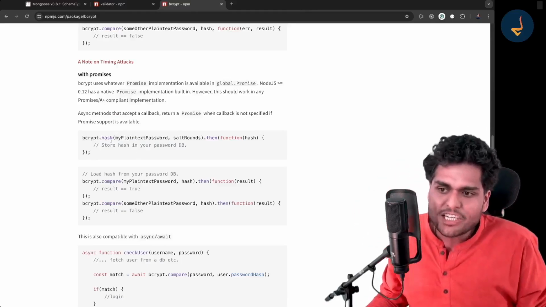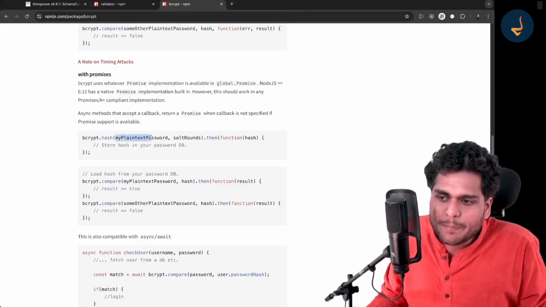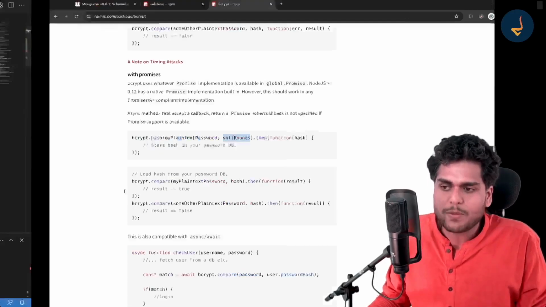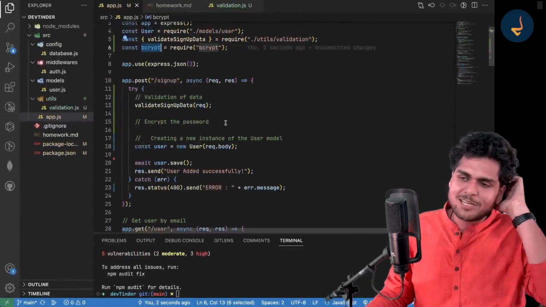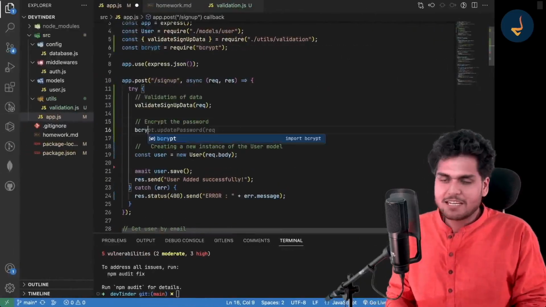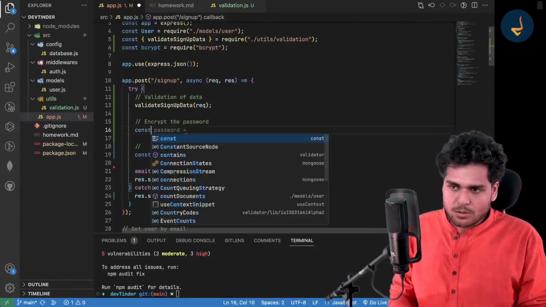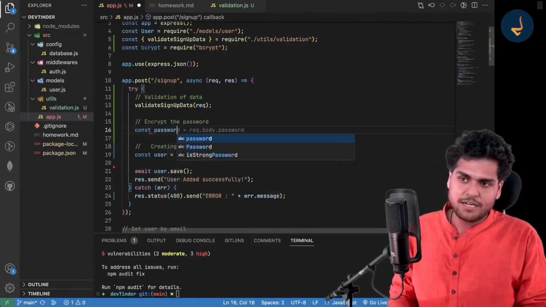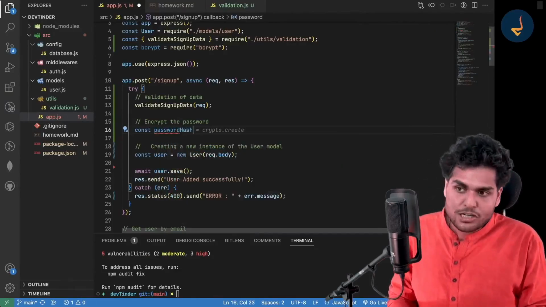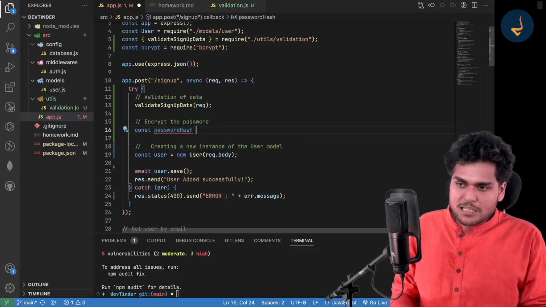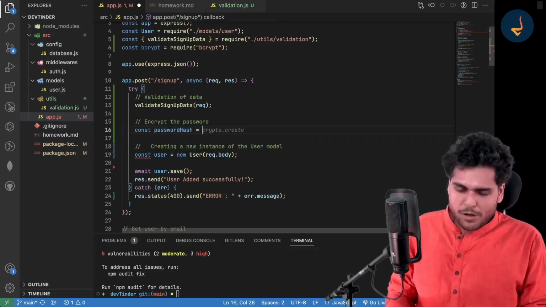And how do you hash it? You will just enter the plain text password. Then you will have to enter the salt rounds, right? Let me just tell you the encryption method. First of all, let me just write the logic, then I will tell you, right? So first of all, I will try to create a password hash. I am creating a password hash, and this password hash will take my